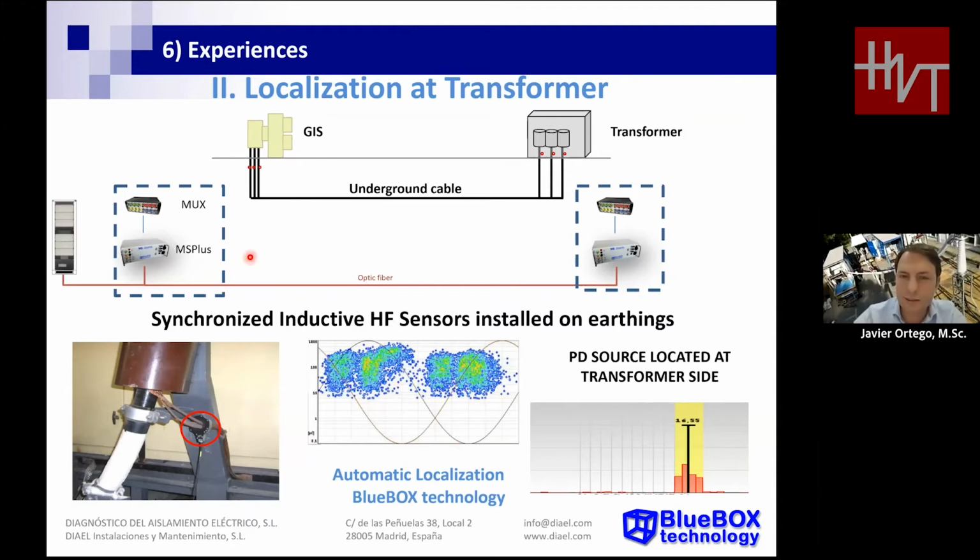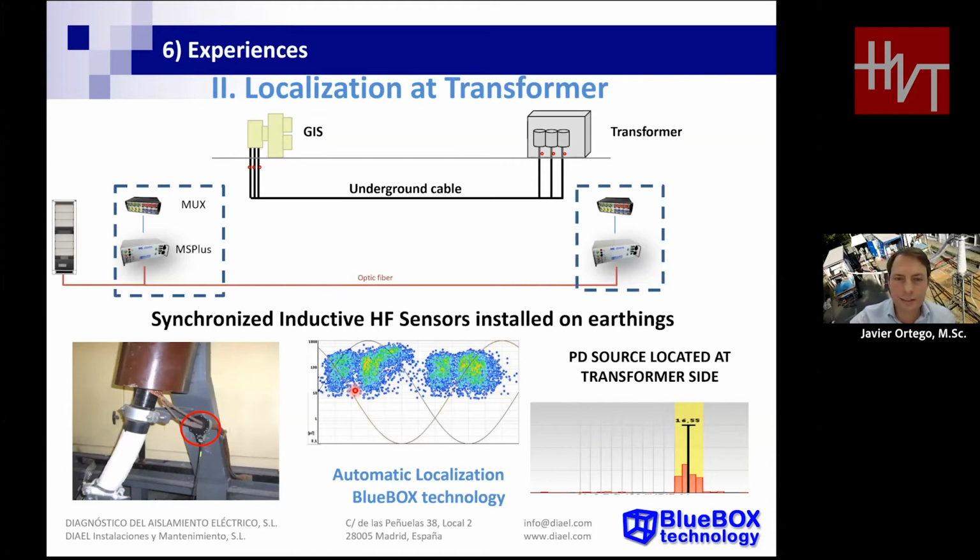So these two instruments are detecting the PDs located at the position of the transformer. When we analyze the PD phenomena, we identify more than one PD. One PD corresponds to one of the phases, and the other PD is a little shifted in phase, like 60 degrees to the left of the other one. This PD corresponds to an insulation between two phases. So it's a PD inside the transformer between the two phases, and another PD between phase and the ground.